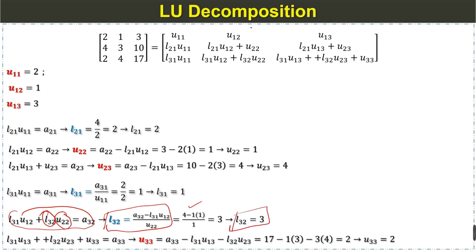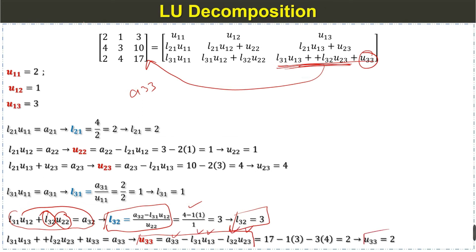Next, this is the last equation, and this will be equal to A33. We rearrange this equation to find the value of U33, and after rearranging we get the simplified equation. After substituting the values of all unknowns and simplifying, we get the value of